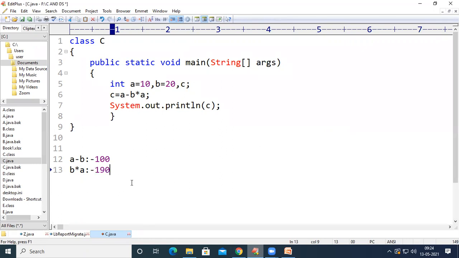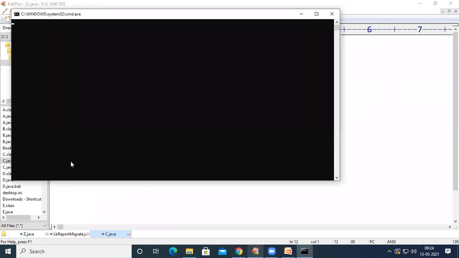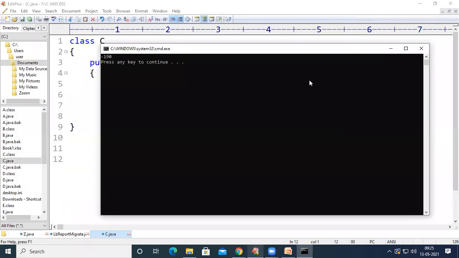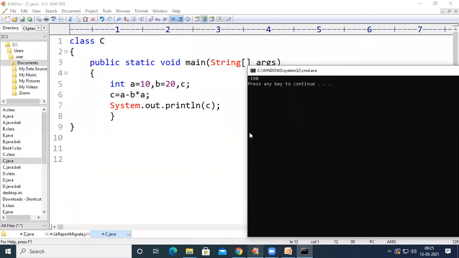So now the compiler doesn't know whether to execute a minus b first or b star a first. What tells the compiler to get the desired result? Let us see the output of this code first, and then we can discuss these precedence rules. The output of this code is minus 190.